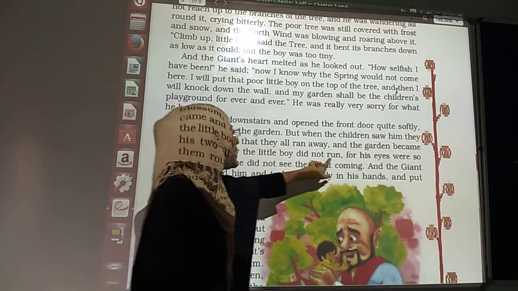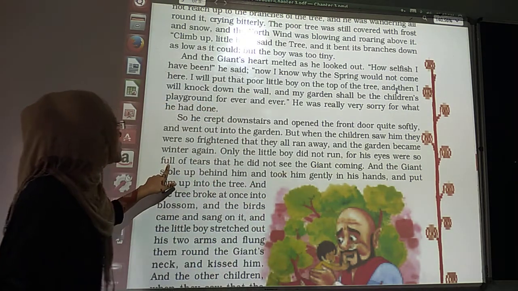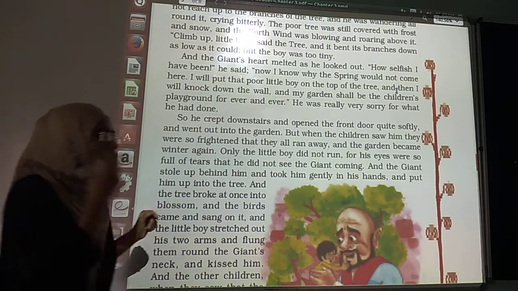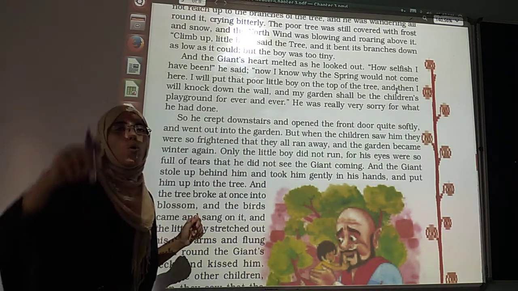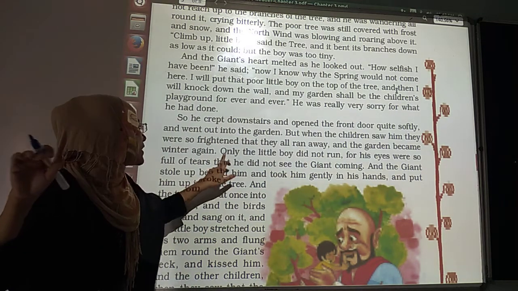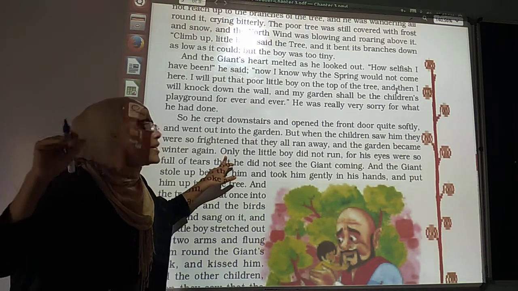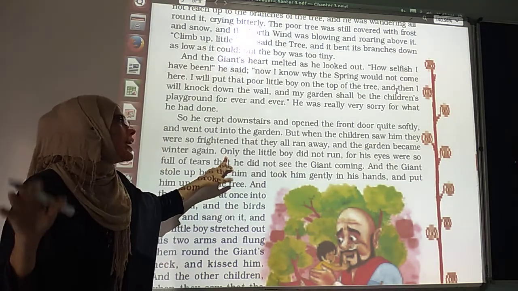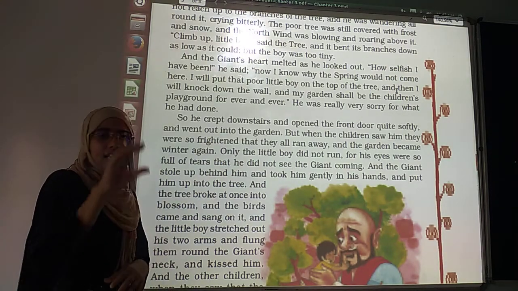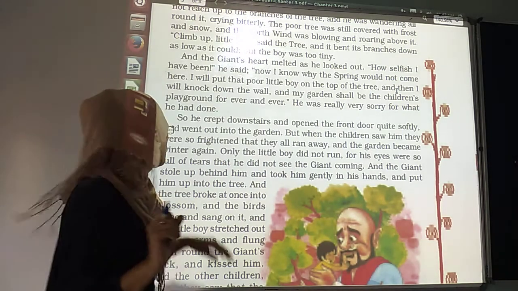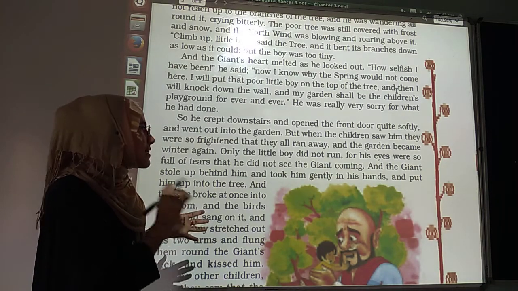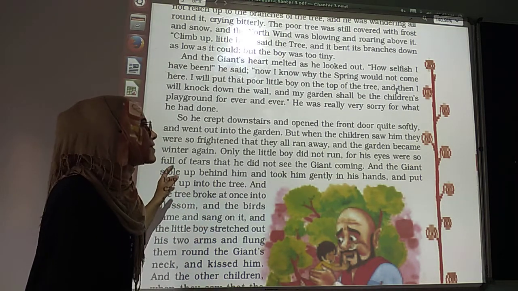Only the little boy did not run, for his eyes were so full of tears that he did not see the giant coming. Only that little boy, standing in the farthest corner of the garden, didn't run. He stayed there because his eyes were full of tears. So he could not see the giant coming because there were tears in his eyes.